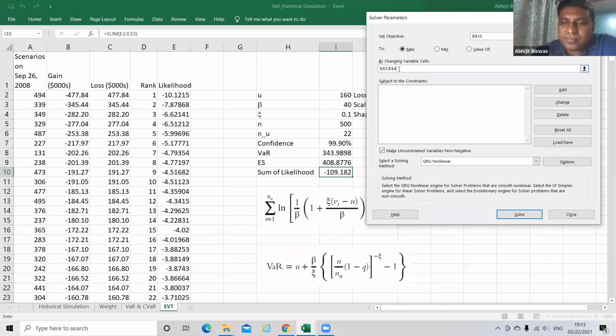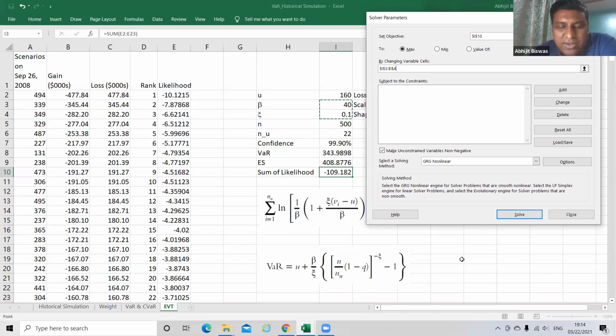I'm deleting it for you and doing it once more. By changing these two, done. Set the objective as I10. I10 needs to be maximized by changing I3 and I4.